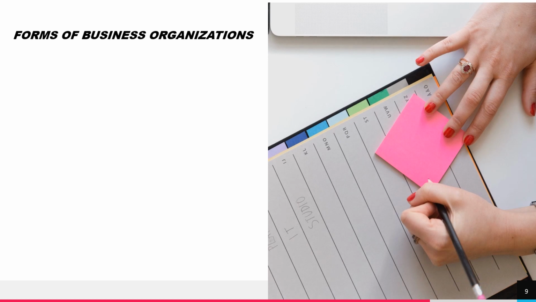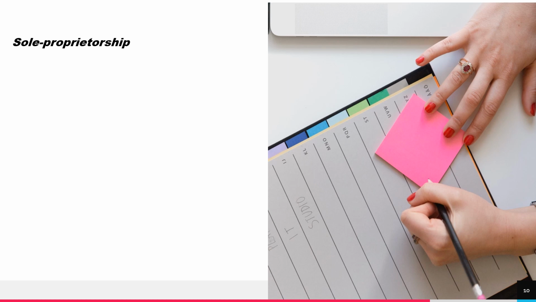Let's proceed now to the form of business organizations. So there are three forms of business organizations, which are the sole proprietorship, partnership, and corporations. So, proprietorship